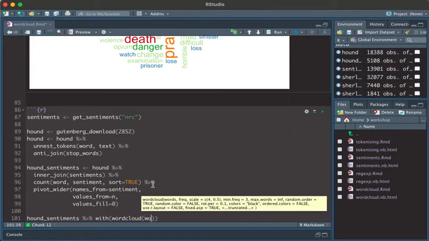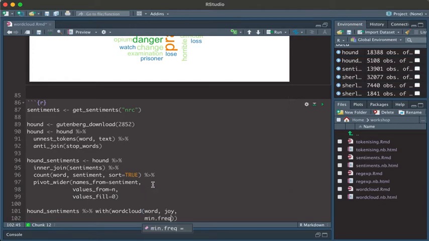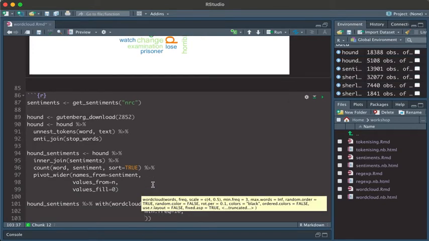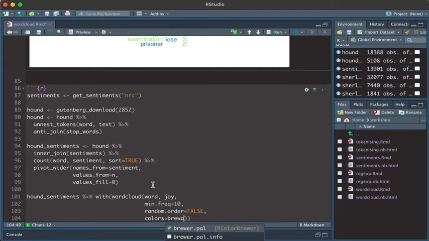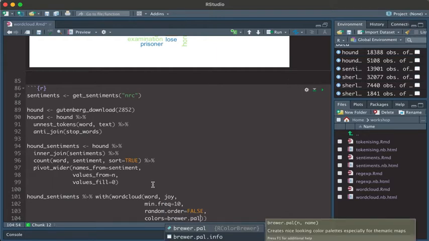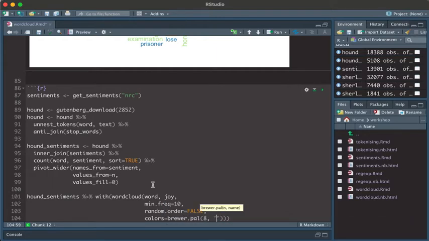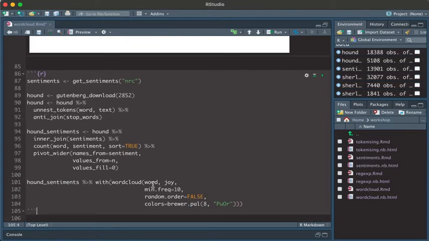So in this case, I'm going to pick out joy from the joy column. Min frequency equals 10. Random color, random order equals false. And then the colours, let's take the colours from brewer.pal, and I'm going to take 8 from the purple-orange set, just as we had before. Okay, if I now run this,